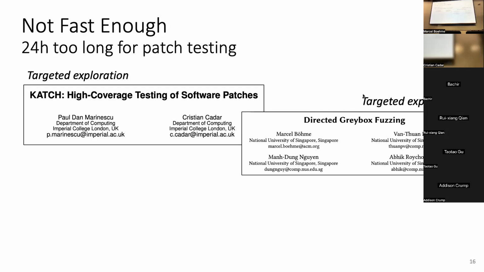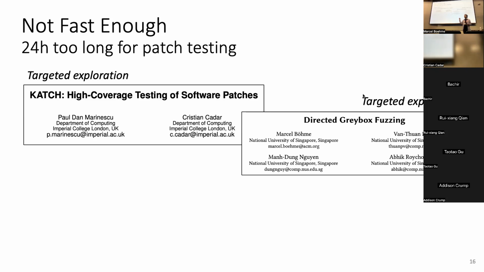So I think there are two different directions in which we could go to do better, and I think the community is exploring both of these directions. One of them is targeted exploration, of course. I mentioned two examples here. One from whitebox,